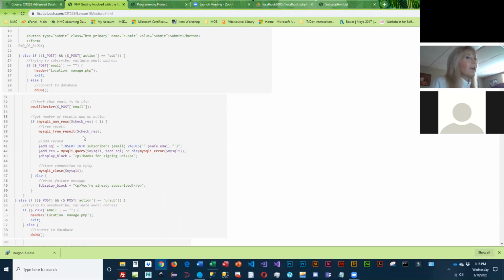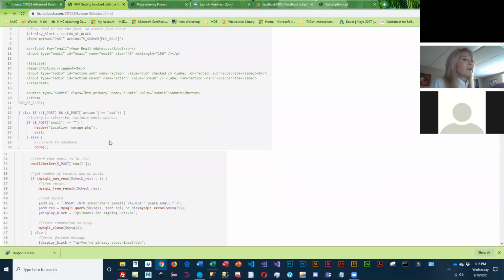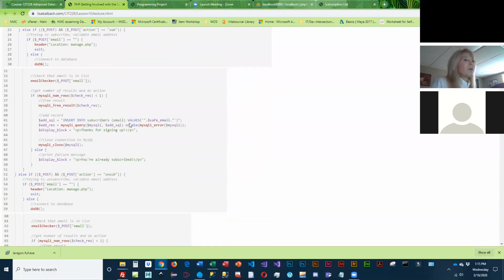insert. And then we format our insert into command. So we're going to insert into subscribers. The column we're inserting is email. And the value is the safe email. Now, where did that safe email come from? That came from up here. This is where it retrieved the email, cleaned it up, and stored it. Okay, so here we've got our safe email, and then